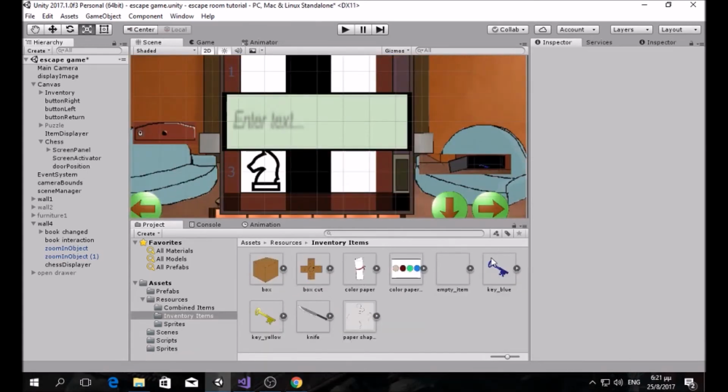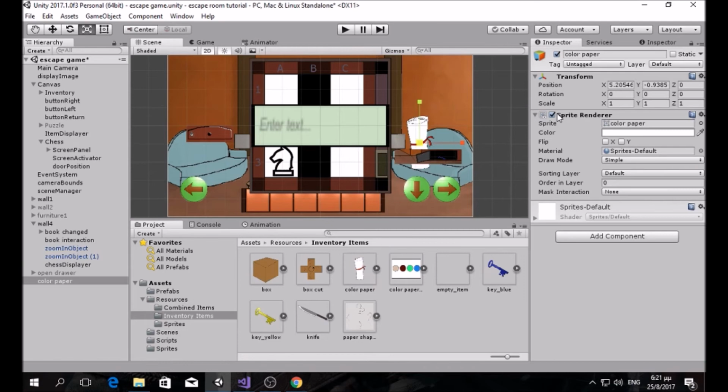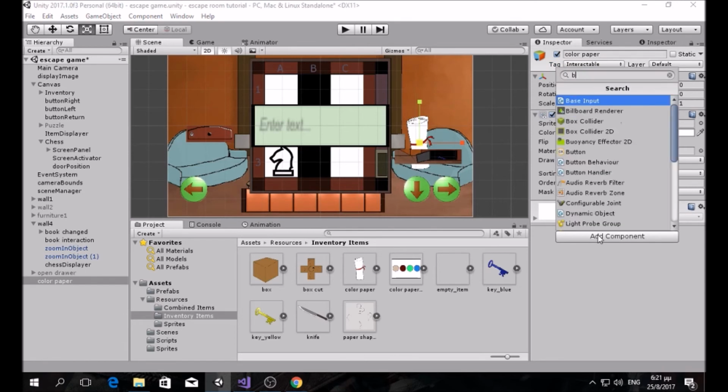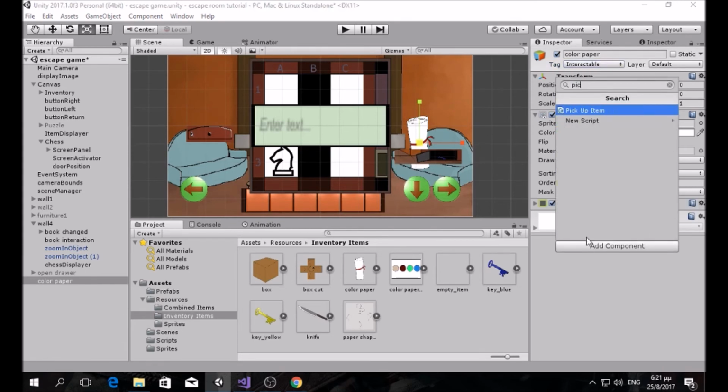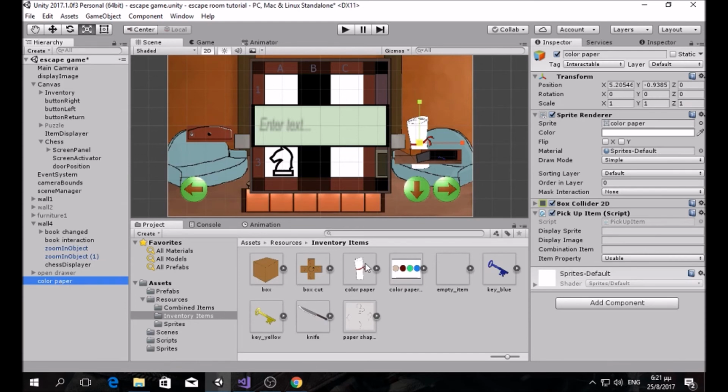Okay, so the sprite I'm looking for was already here in my inventory items, and it's this color paper that I need to tag as interactable and accelerated D and pick up item, and the display sprite will be the color paper, this one, because, is it called the same? Color paper, yeah, because this wrapped paper, when we open it, will display the color paper. So maybe, yeah, this will be the color paper in the inventory, what we will see, and when we click it, the displayer will show us this paper being unwrapped,